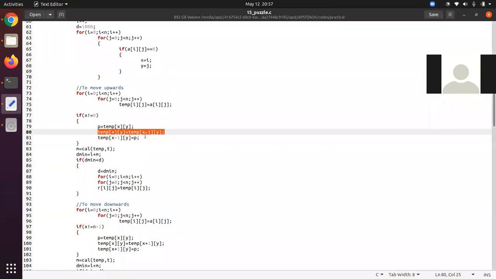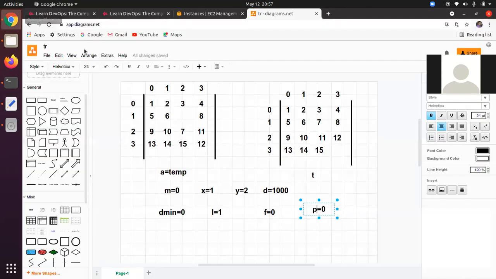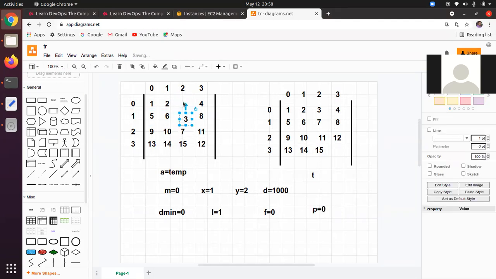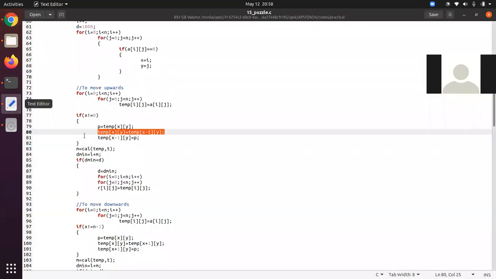So here temp of xy will become temp of 0, 2. I hope you are getting this. Here we are moving the element upwards, right? That means this 0 we are moving upwards, right? This 0 we are moving upwards.